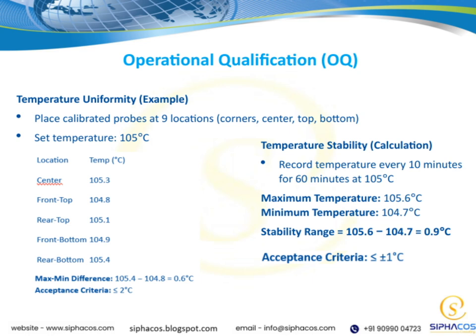Now, moving on to temperature uniformity. To evaluate this, we placed calibrated probes at 9 different locations, covering the corners, the center, and the top and bottom. We set the temperature at exactly 105 degrees C and checked how evenly it was maintained across all these points. This step is key because it confirms that the chamber or oven delivers consistent heat throughout, which is essential